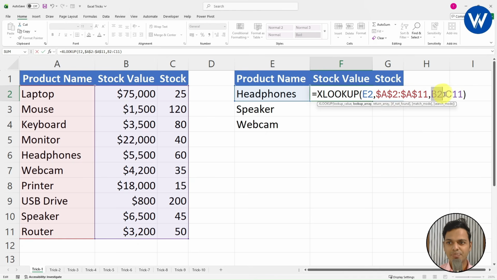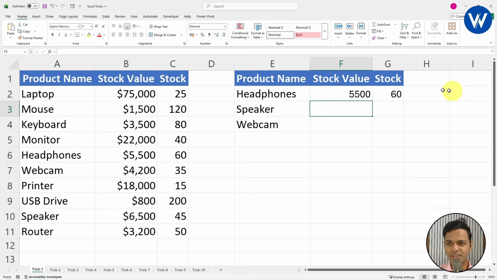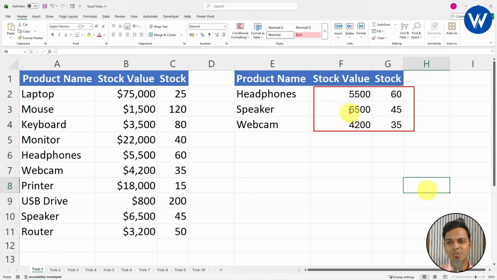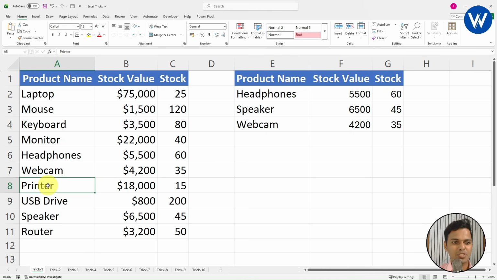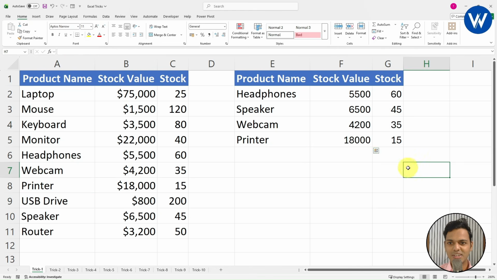In the same way, you can fix the return array. Press F4 on the keyboard and it's done. Now simply you need to drag like this. Wow. So just by using the XLOOKUP function, you can extract the values. Let's suppose if I want to find the printer also, I will paste it over here. Simply I will drag the formula in this way. Now you will see the printer values also. Let me show it to you. Printer